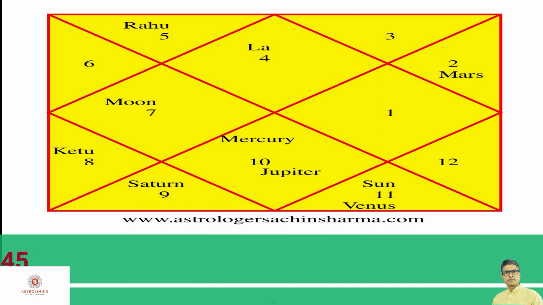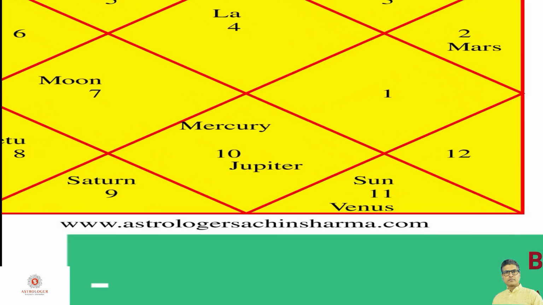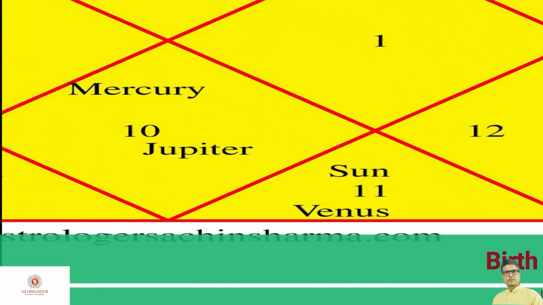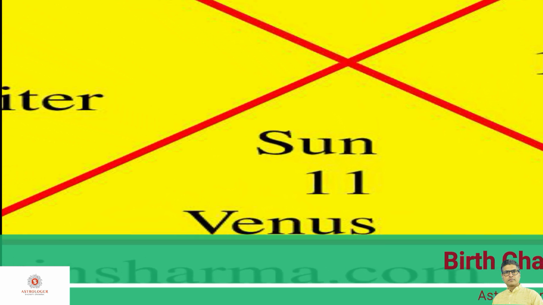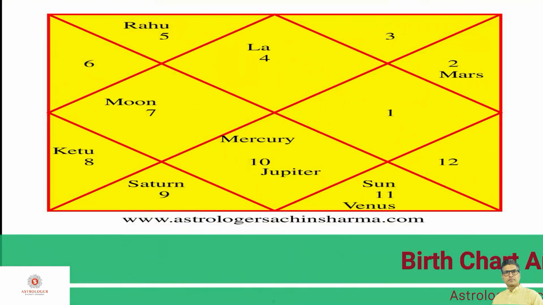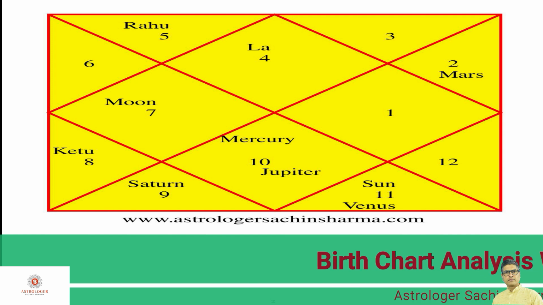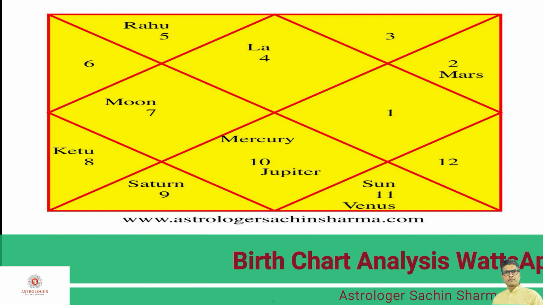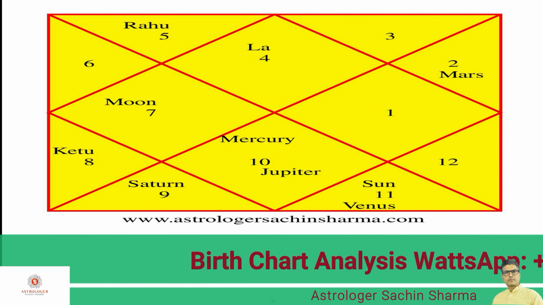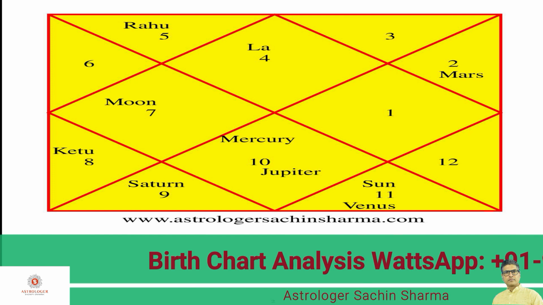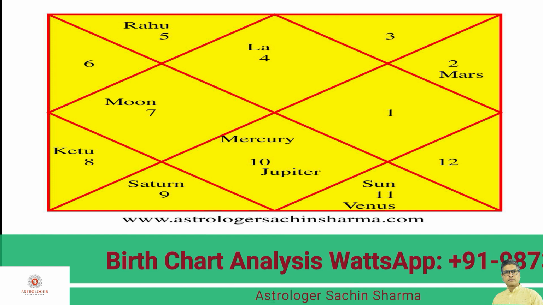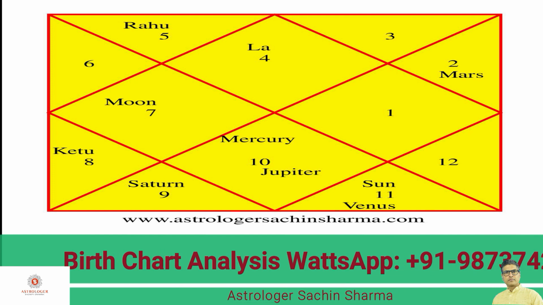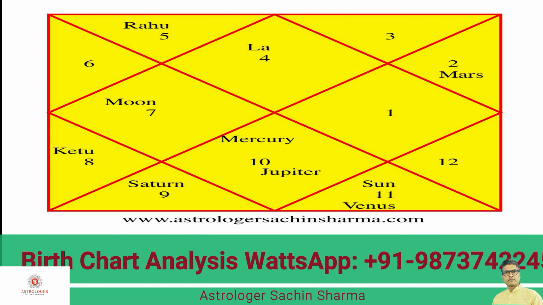Now let's check the 8th house here. The lord of the 8th house is Saturn, as number 11 is written there, and number 11 belongs to Saturn. Now let's check whether Saturn is also the lord of the 1st house, 5th house or 9th house, and we can see that Saturn is not the lord of these houses. Therefore Saturn is the Marka planet in Cancer ascendant. So I think your concept is clear regarding the Marka planet, how to find the Marka planet in a birth chart.